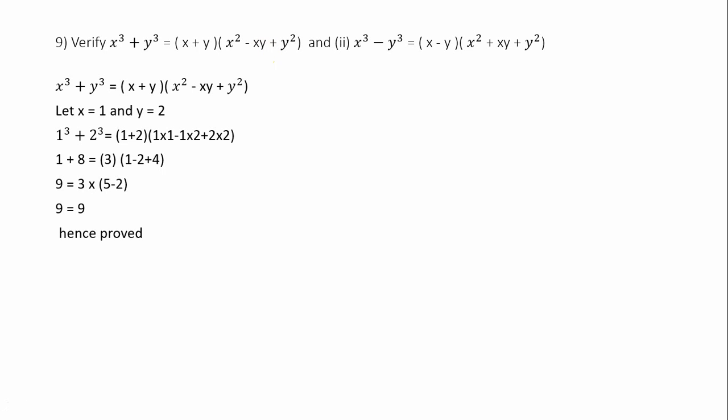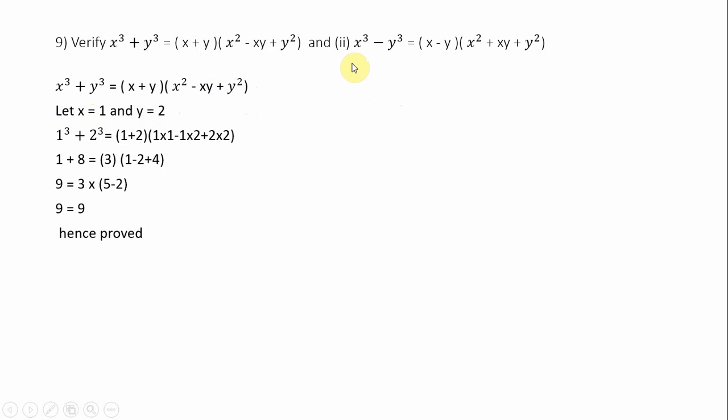Now, your question is to verify them with a non-zero number. Something is given in the question. Verify the LHS and RHS with a non-zero number and show it. One sum I did and the left sum, right sum I did not do. First sum. Now, the formula I have written: x cube plus y cube is equal to (x plus y) into (x square minus xy plus y square). Let x is equal to 1 and y is equal to 2. I have taken a very small number, therefore the calculations become more comfortable for us.